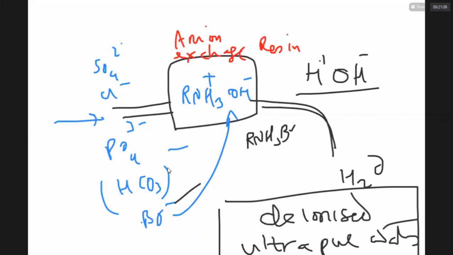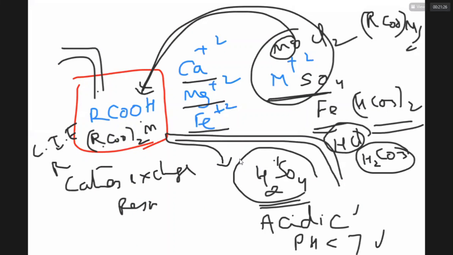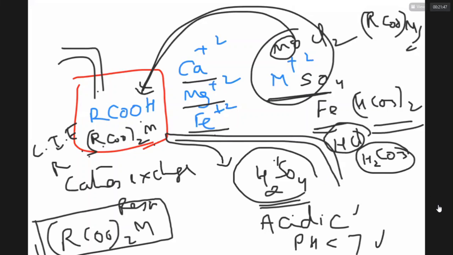So in the ion exchange resin method, you take the hot water, pass it through cation exchange resin and then through anion exchange resin. After so many days, all the cation exchange resin becomes what? All the cation exchange resin becomes (RCOO)₂Ca. RCOOH takes Ca²⁺ and gives H⁺. It becomes RCOO taken by Ca. Calcium carboxylate, magnesium carboxylate, iron carboxylate. After some time, the entire cation exchange resin becomes useless because it has no H⁺ to give.